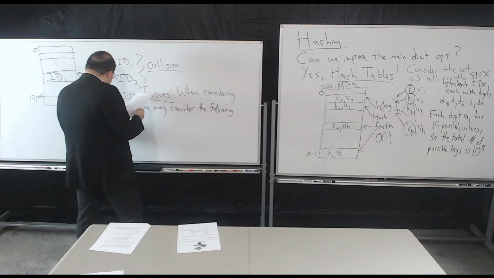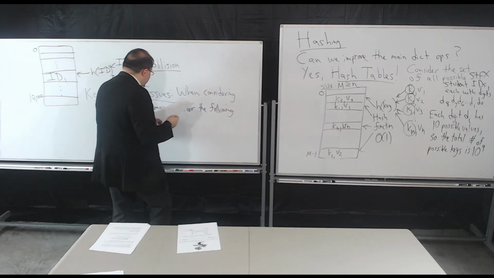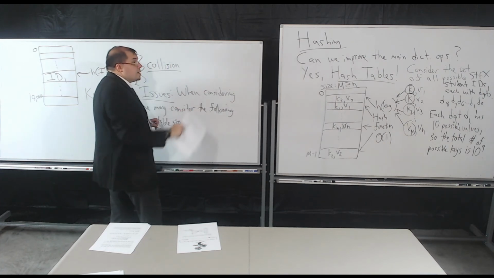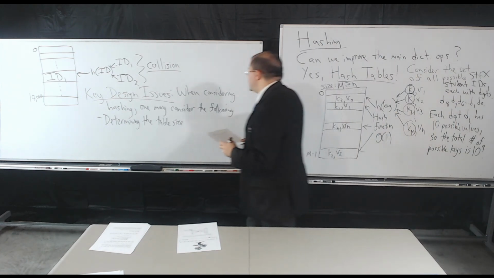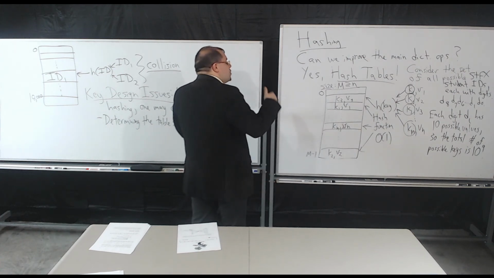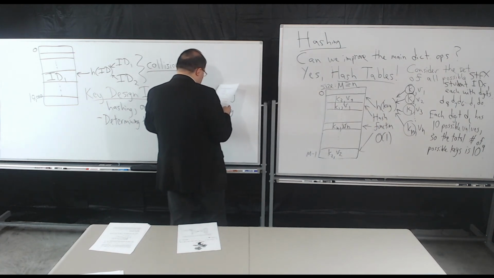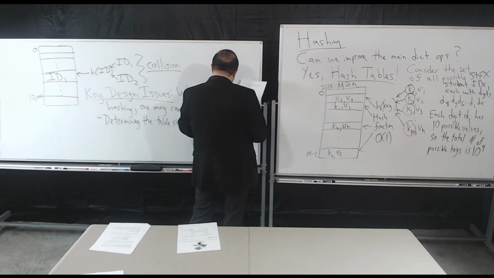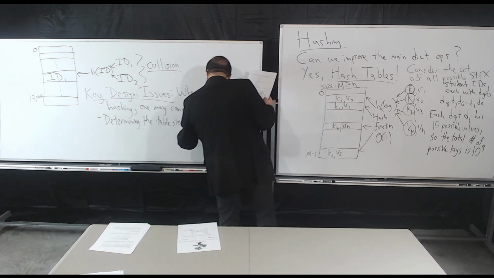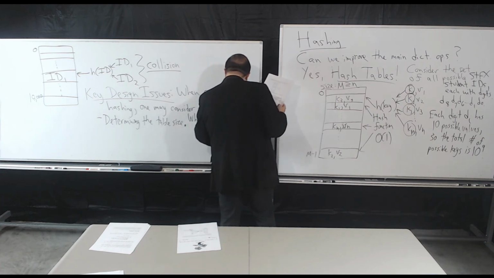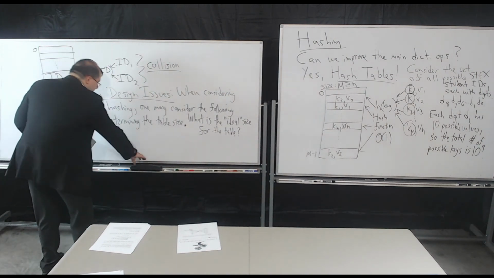So determining the table size. How big does this table need to be for us to take advantage of it such that we get nice results for our efficiency? What does the size of the table need to be? Typically, if you know how many things you're going to put into it, you need to make sure the table is at least that big. But what's the ideal size? So I'll say, what is the ideal, in quotation marks, size for the table. That's the first design thing we need to take into account when we do this. The next one